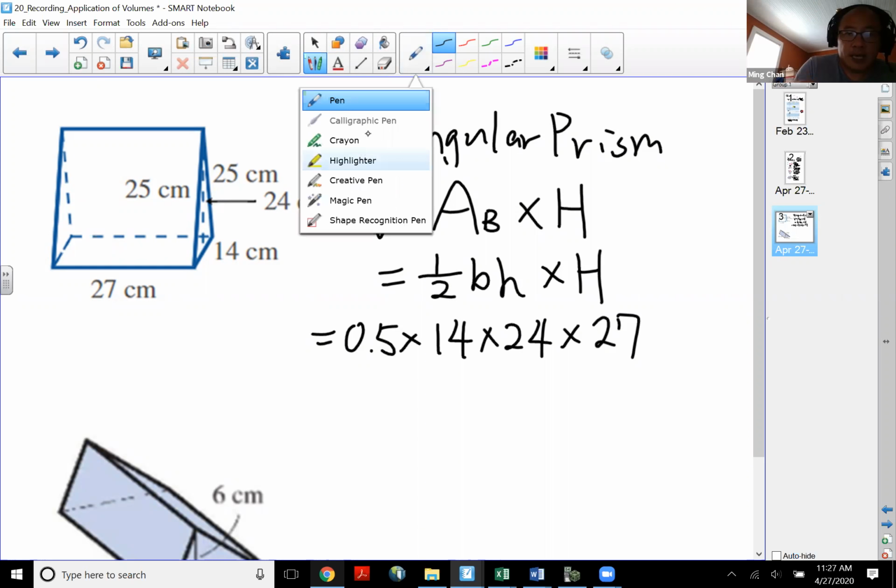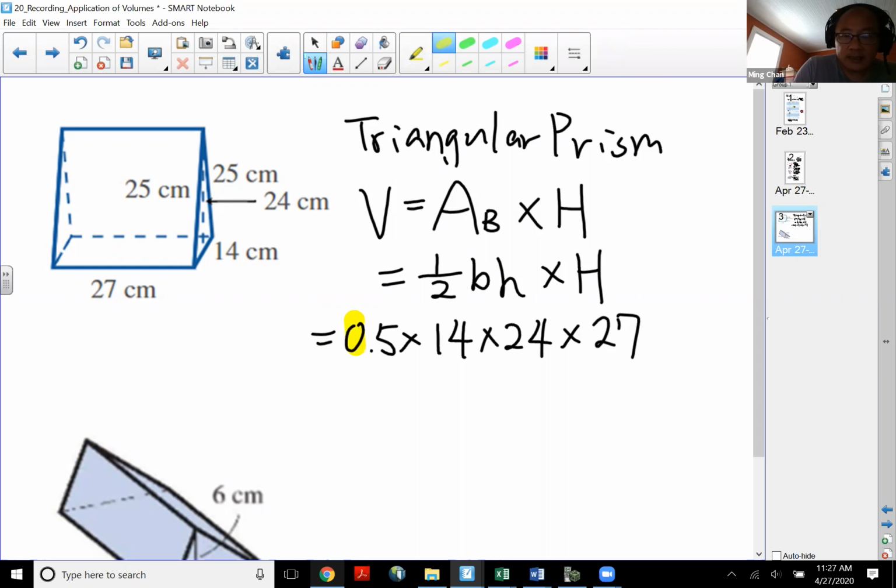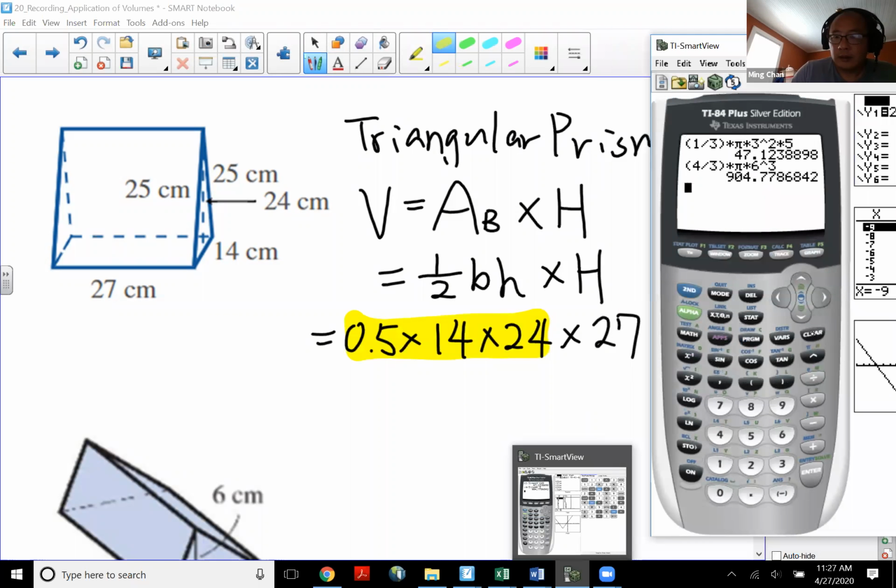So this part, half times base times height, is the area of my triangle base. .5 times 14 times 24 times 27. All right, so that'll be 4536